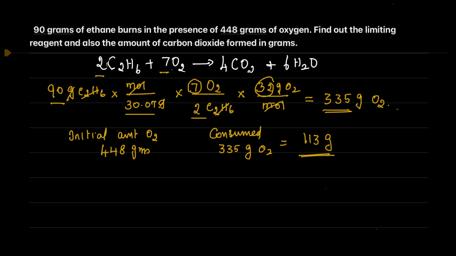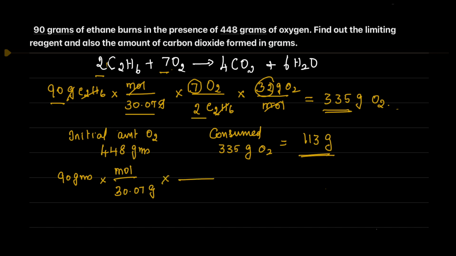One more question in the problem is how much carbon dioxide is formed. It has to be kept in mind that once the limiting agent is decided, any further calculation should be based on that only. So we have to start with 90 grams of ethane. Again, let us apply the stoichiometric process. 90 grams of ethane. As usual, the first step is converting into moles. We have done the same procedure already,